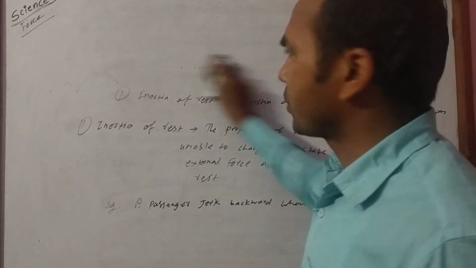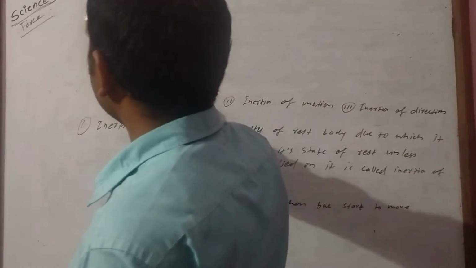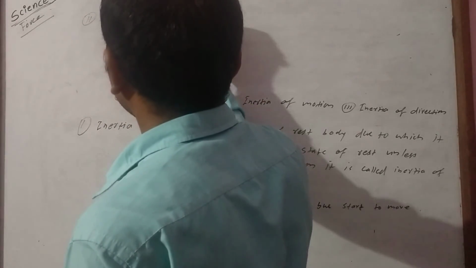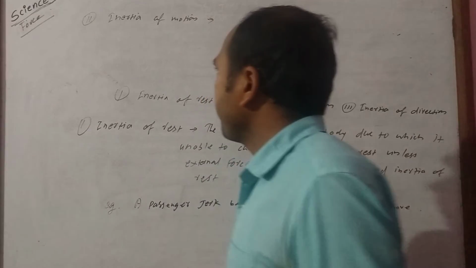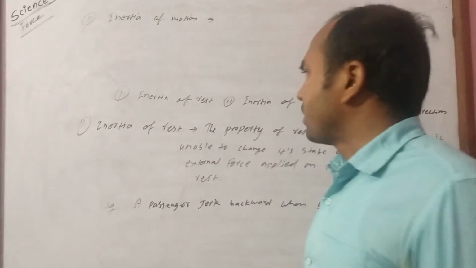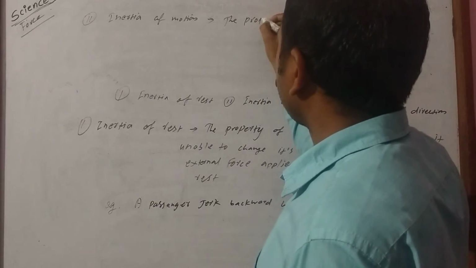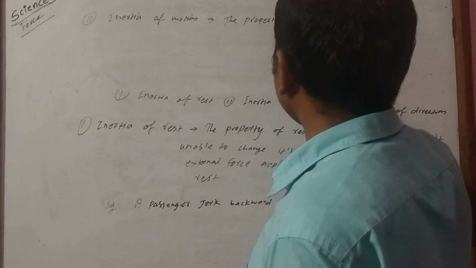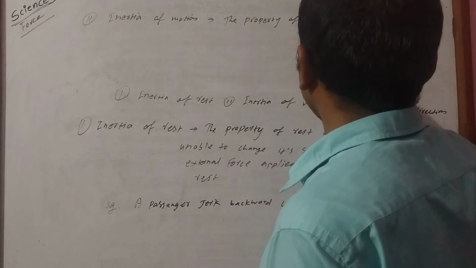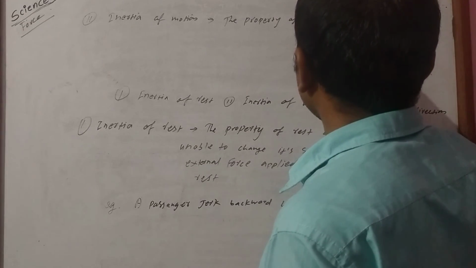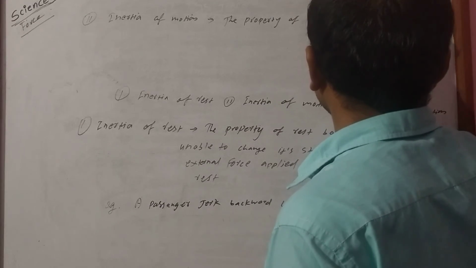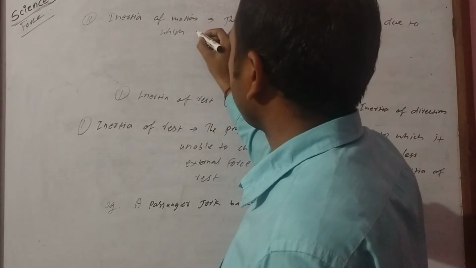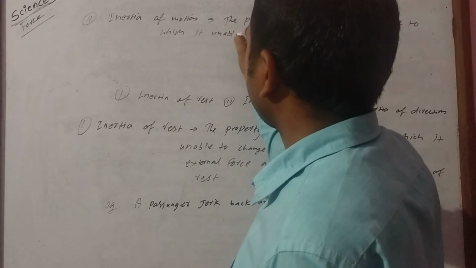Another, inertia of motion. Inertia of motion means the property of a moving body due to which it is unable to